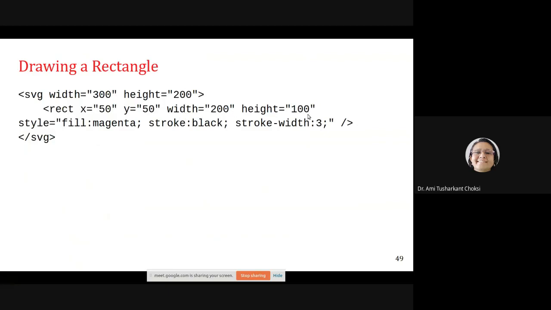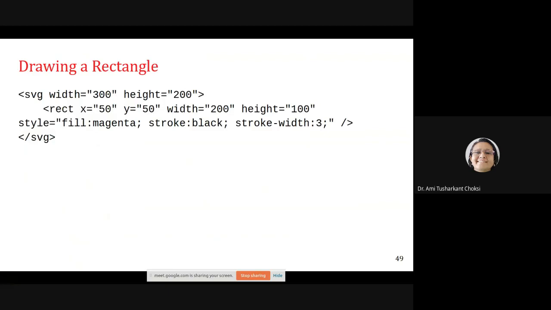For drawing the rectangle, we specify the starting position, that is x and y, and we provide width and height. It is in pixels, so the width is 200 pixels and height is 100 pixels.